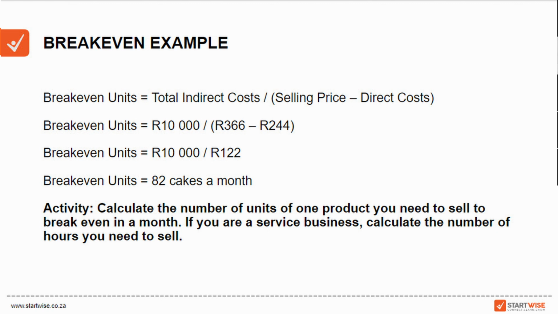So another thing that might affect your break-even or your pricing is whether or not you are involved in a business where you can sell at volume. So if you have a product where you can sell hundreds a month, then you can afford to charge less per product because you're working on volume. But if you're only selling 2 very expensive handbags per month, then obviously you need to make more per handbag, if that makes sense. So I'm just going to give you 2 more minutes to calculate the break-even for one of your products and see how many units you actually need to sell per month to cover your costs.